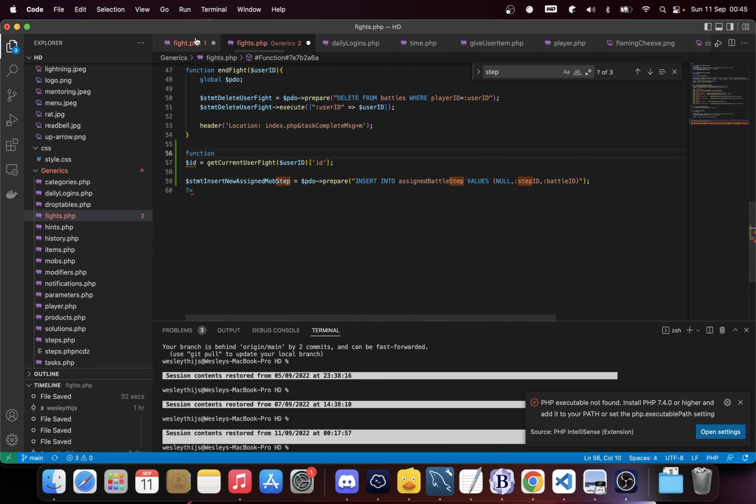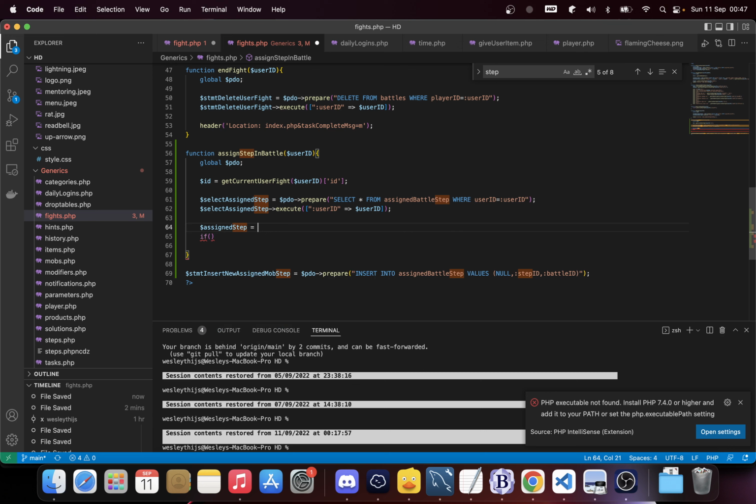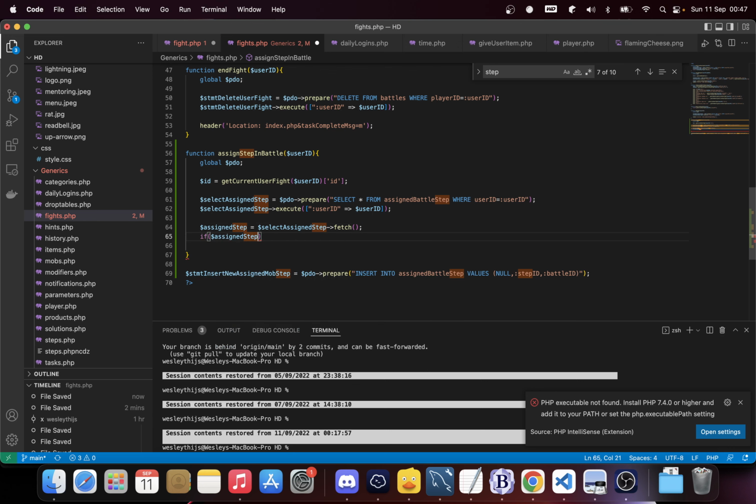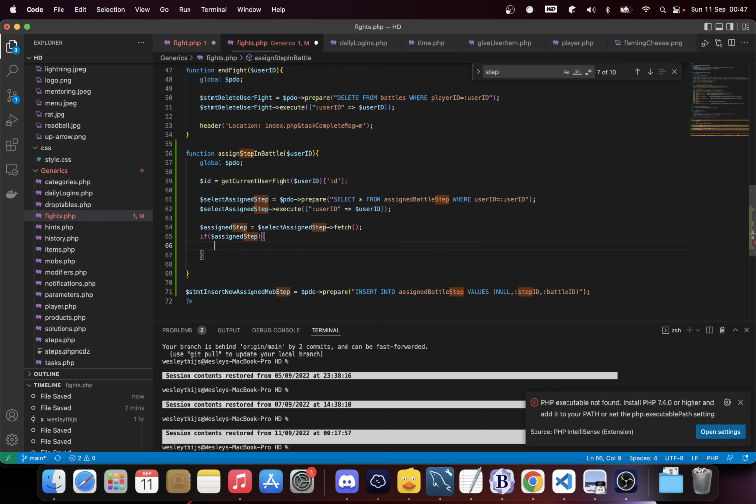Now we're just going to request if we can fetch something from this, but I don't want to repeat this code because repeating code is bad. So I'm just going to say here the assigned step equals, if nothing returns, this is going to be false. So I can just say if assigned step, then I'm